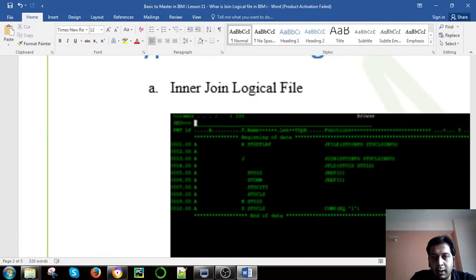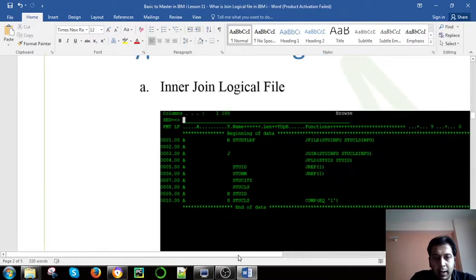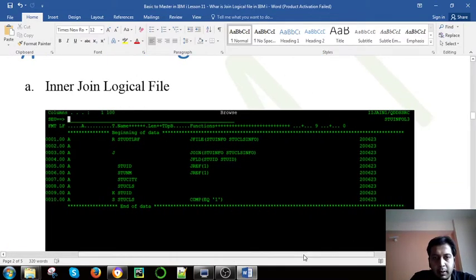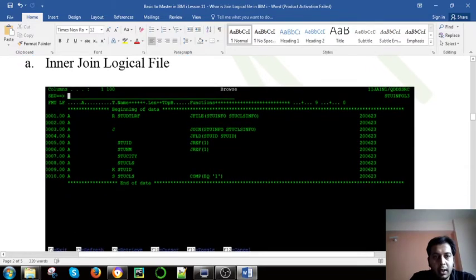If we see the join logical file, this is the inner join logical file. Here we have declared JFILE, a keyword in which we pass the file names. Here we have passed only two files; we can pass more than two.